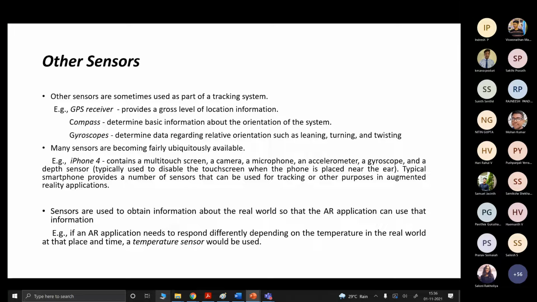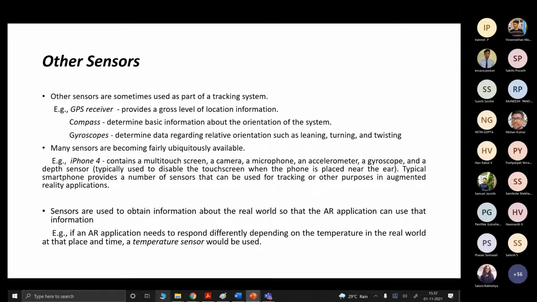When we use an iPhone, it consists of many sensors. One is the touch screen, camera, microphones, accelerometer, gyroscopes, and depth sensors. So when a person keeps the phone near the ear, automatically the touch screen will be disabled.